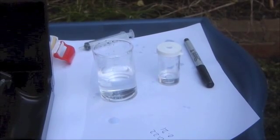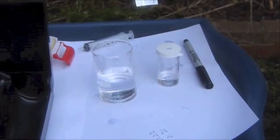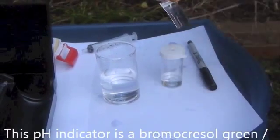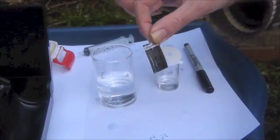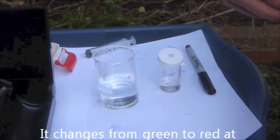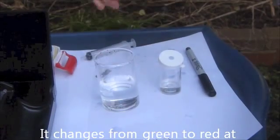And just for completeness, I'm going to show you yet another different type of indicator. This one comes in a little sachet, it's a powder, and you can see it says BCG-MR, and that's a mixture of bromocresol green and methyl red, and that has a sort of green to red colour change at pH 4.3 or thereabouts. So again, we tear open the sachet,